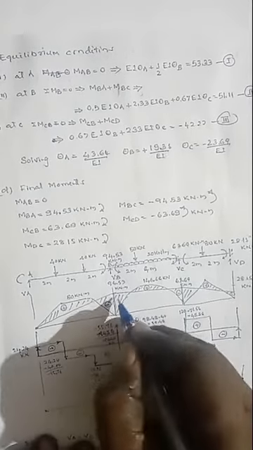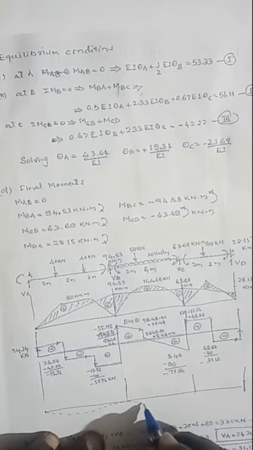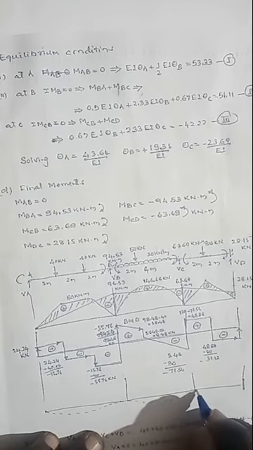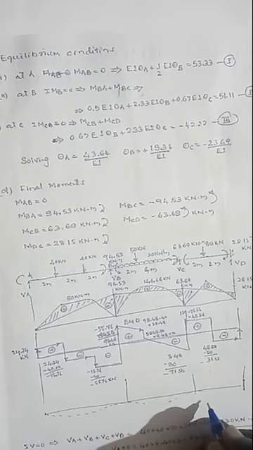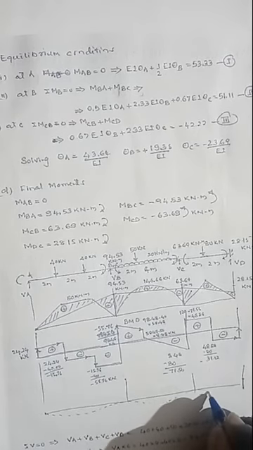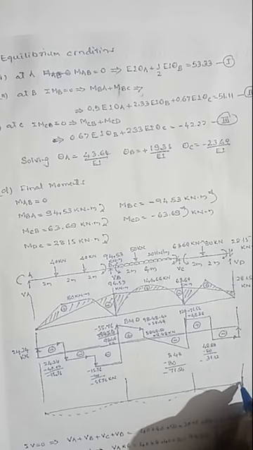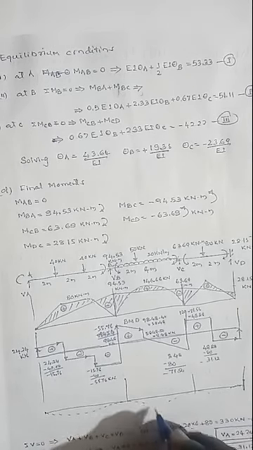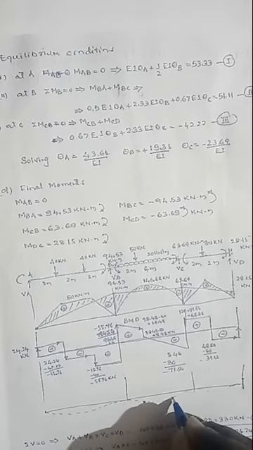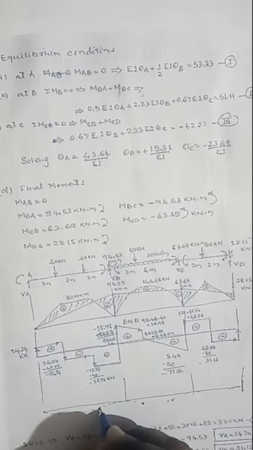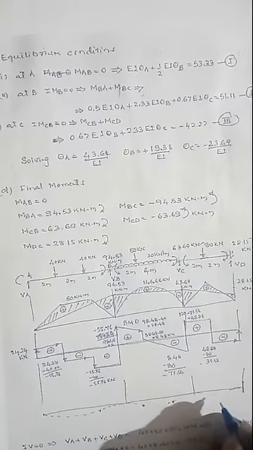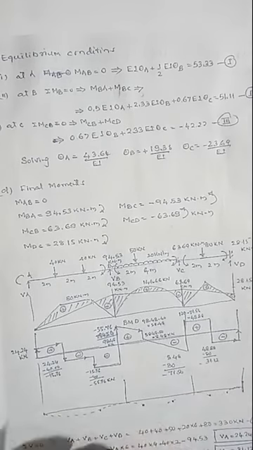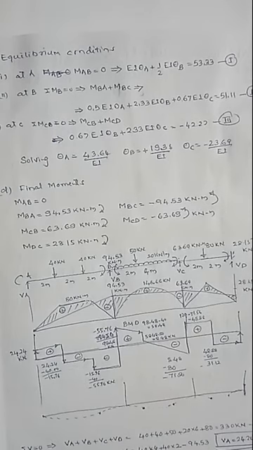Here again at the support there is hogging moment. In between B and C, it will deflect like this. At C there is hogging bending moment, and at D again there is sagging bending moment. Here these are the points of contraflexure. There are 2 points of contraflexure where the bending moment changes. In portion AB the bending moment changes at one point. In portion CD it changes at 2 points. This one is the elastic curve for this. Okay, we will continue in the next